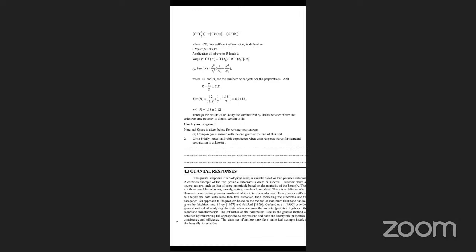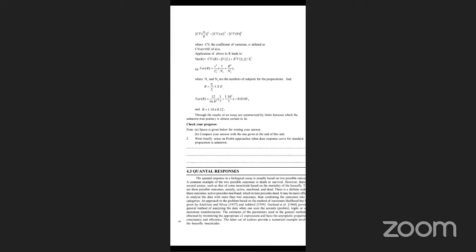Next, quantal responses. And this is the topic. The quantal response in a biological assay is usually based on two possible outcomes. A common example of the two possible outcomes is death or survival. However, there are several assays, such as that of some